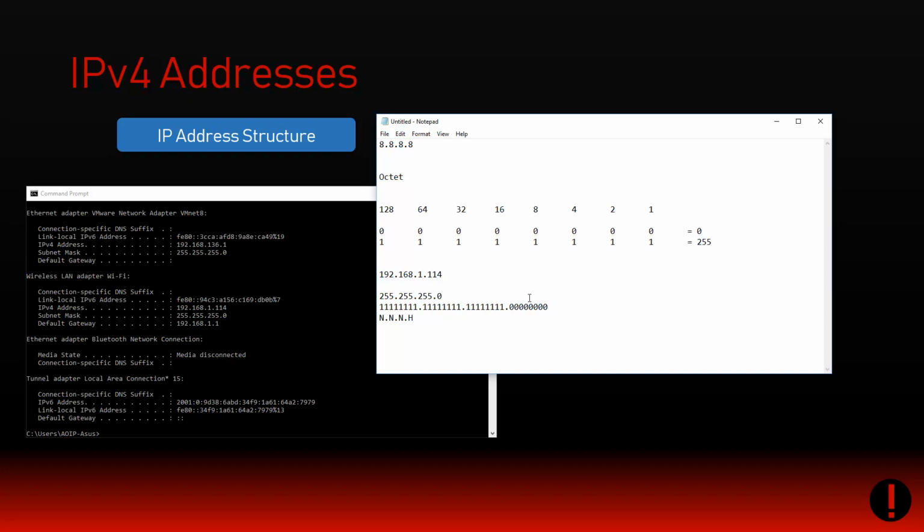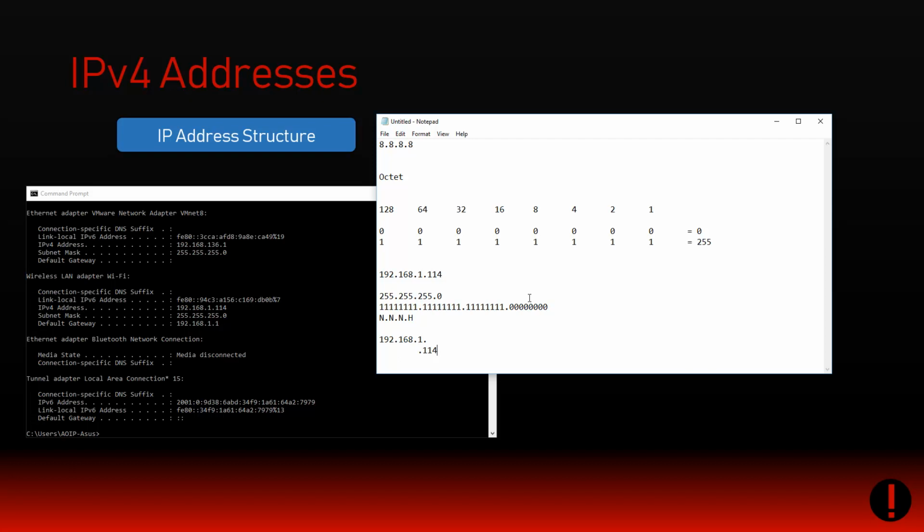Now what this does is tells me a few things. It tells me that the network, in my particular case here with my IP address, happens to be a network of 192.168.1. That is the name of the network. And me as the individual inside of that network is .114. So my laptop is actually .114 belonging to a network called